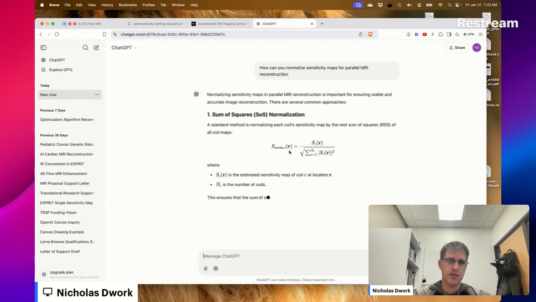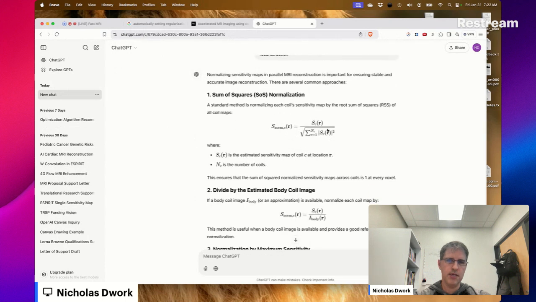Okay, this is reasonable. So you take the sensitivity map and you divide by the square root of the sum of the squares of the sensitivity maps.